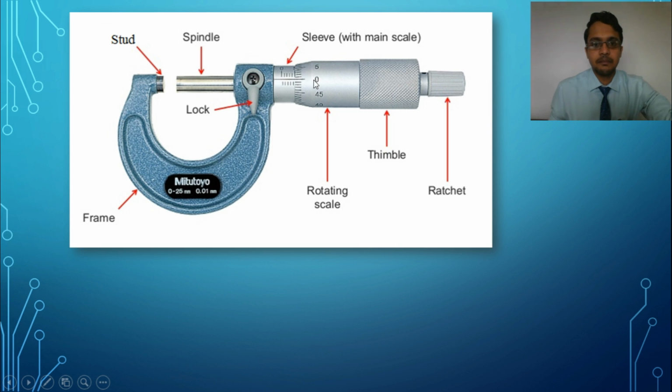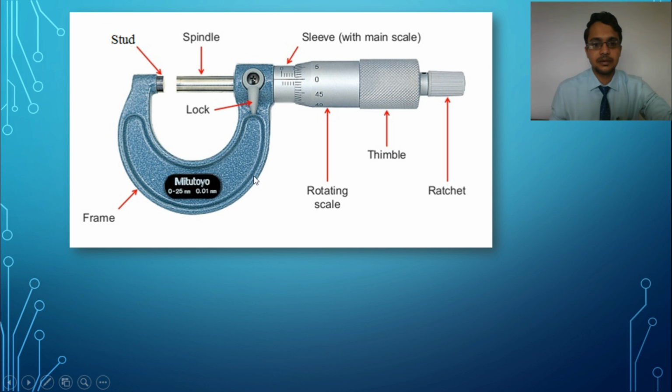And there are a number of divisions on the circular scale. This is circular scale. Here there are 50 divisions. But in the instrument we use in our laboratory, there are 100 small divisions on the circular scale. So that value 100, we need. And we need another value to measure the least count of this whole instrument. Least count means what? The smallest length that we can measure using this screw gauge.